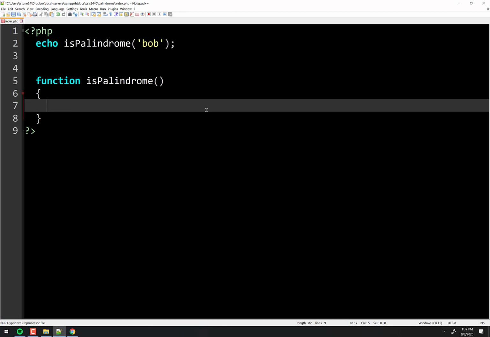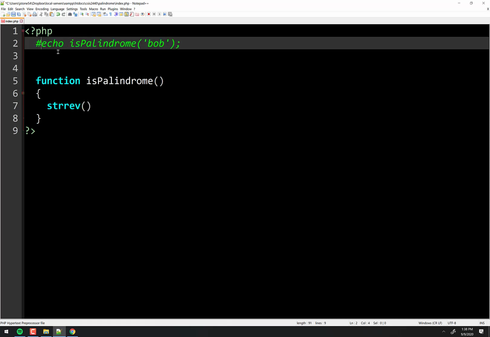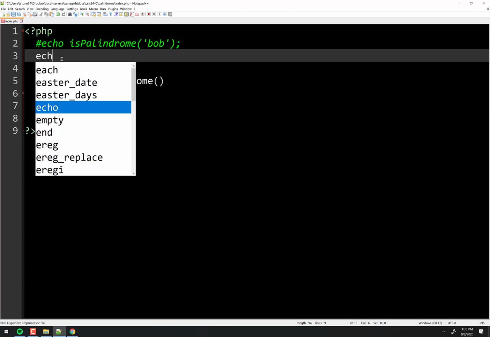So get this into your heads right now. There's a function for that. Just remember that. There is a function for that. Whatever it is, there's a function for that when it comes to string manipulation. And the one we need is strrev, and you put the word in there and it will reverse it. Okay? So let's just comment this out for a minute, and let's just echo out